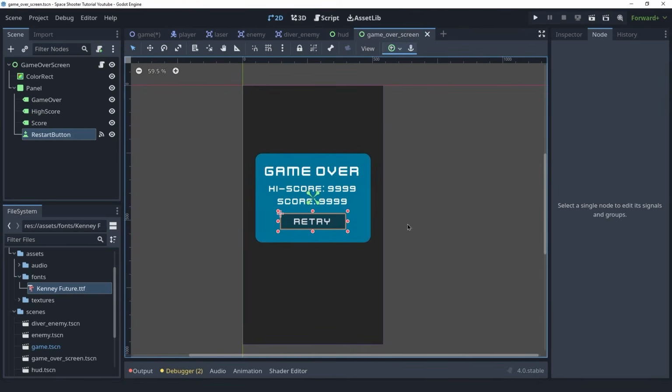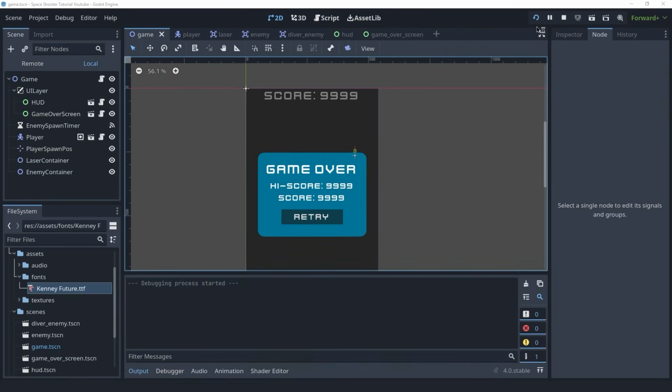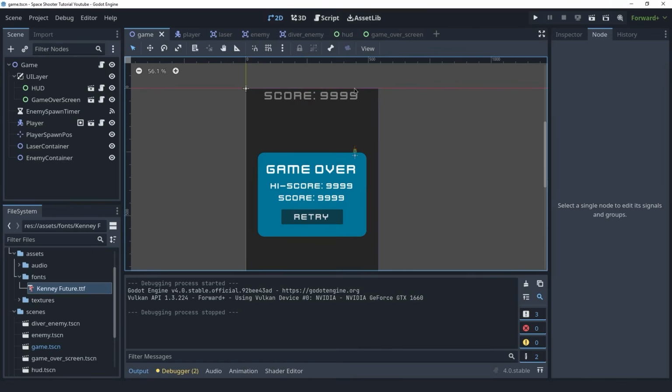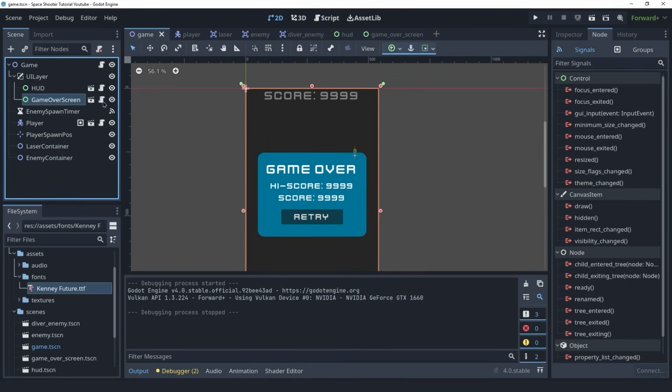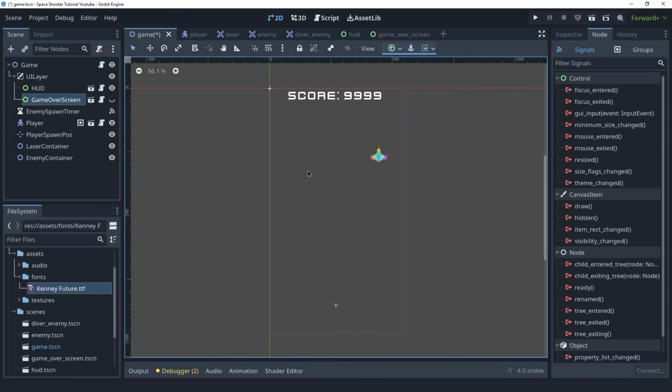Now we simply want to use this inside of the game scene. So in here, if we play the game now, we will immediately see the game over screen, which is not what we want. So let's set this game over screen to be invisible when the game starts. And when the player dies, we will show it. Inside of the script,